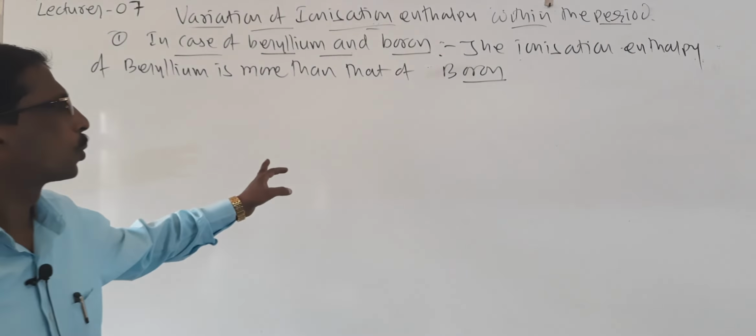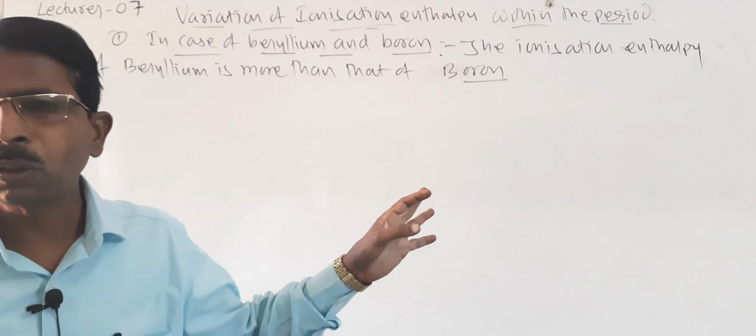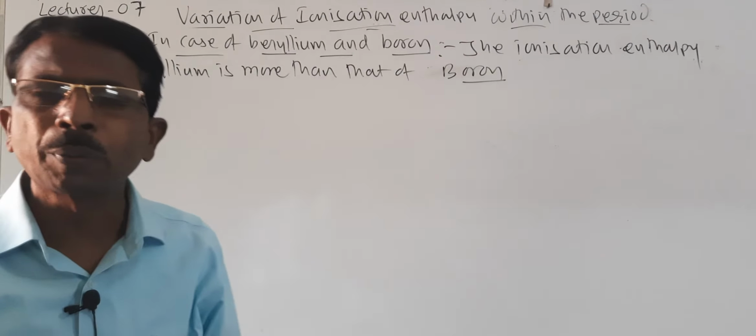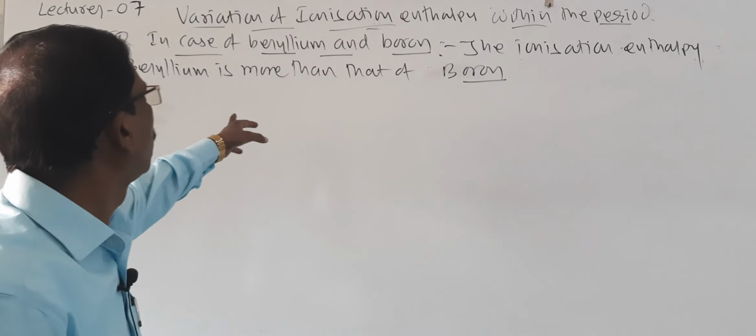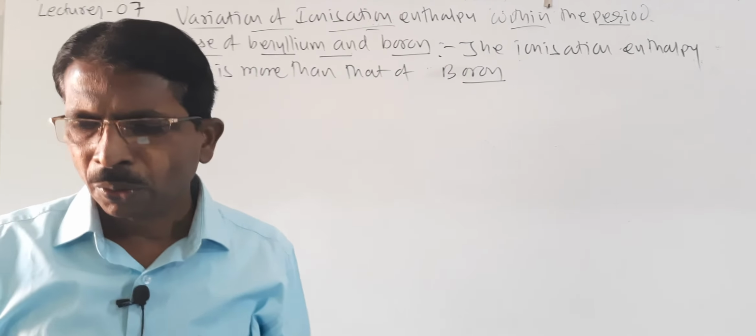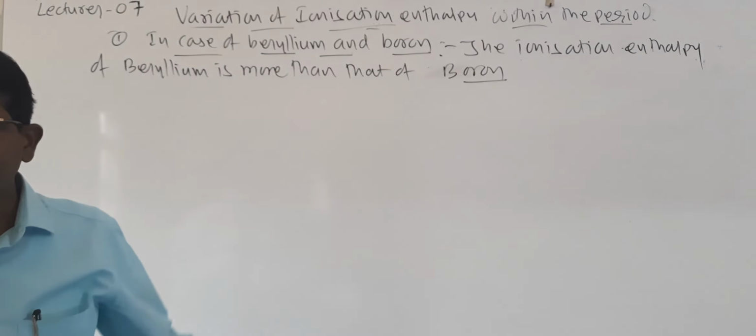We know it. So here we know the atomic number also. Beryllium has 4 and boron has 5, and electronic configuration also we know, and its energy also we know. So it is 899 and it is 801. So what happens here? Less than that of beryllium, because